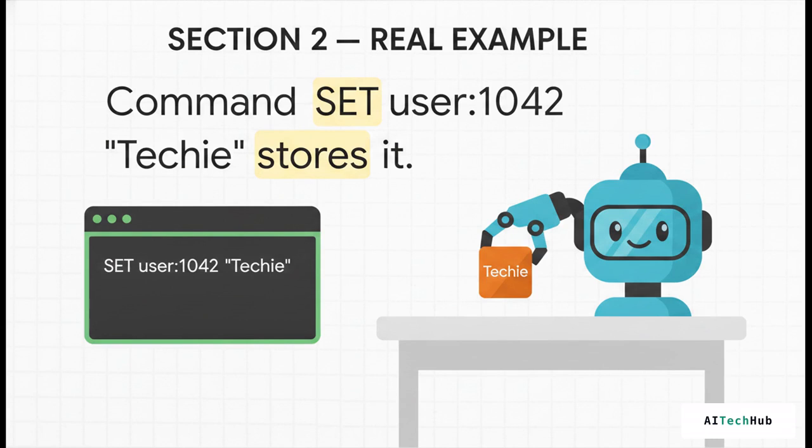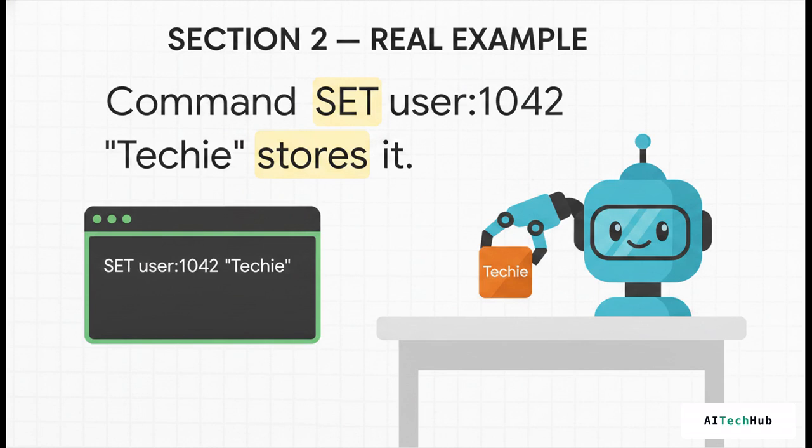ready for action. But, as we just discussed, strings are really just the beginning, and Redis provides tools to manipulate this data safely. Consider a scenario where you aren't just storing a static username, but instead you're tracking a highly active metric, maybe a page view counter or concurrent API requests. If you pulled the current number, added one in your application code, and then used the set command to put it back, you'd instantly run into race conditions where concurrent requests overwrite each other. Nobody wants that. So instead, Redis gives us specialized commands tailored to its data structures, like the INCR command. With INCR, you're telling Redis to perform an atomic increment directly in memory. It ticks the counter upward flawlessly, bypassing the need to fetch and rewrite, which keeps your data perfectly accurate at